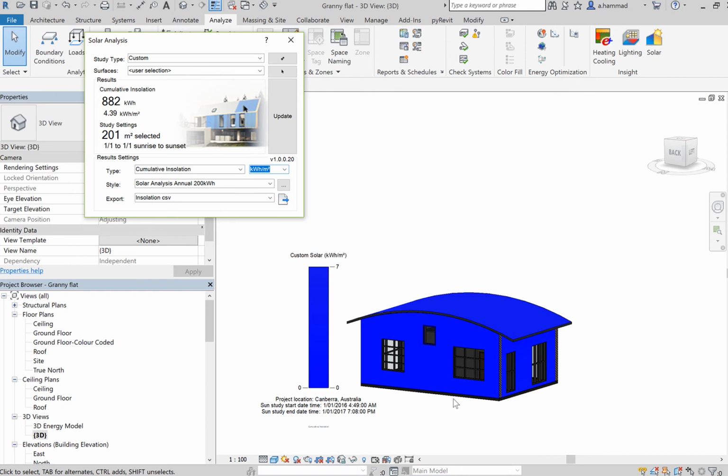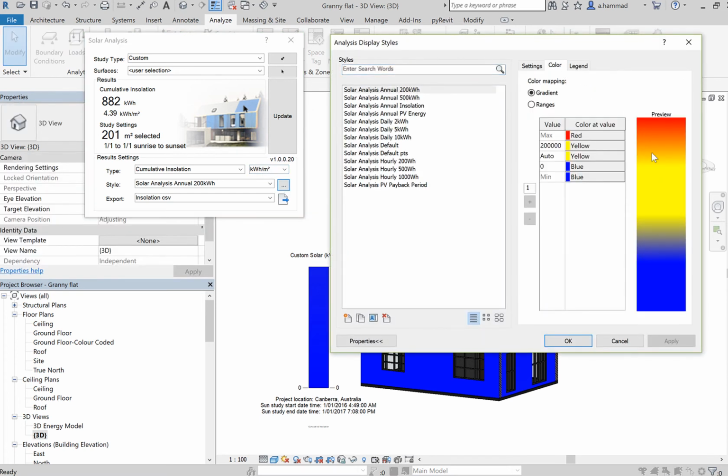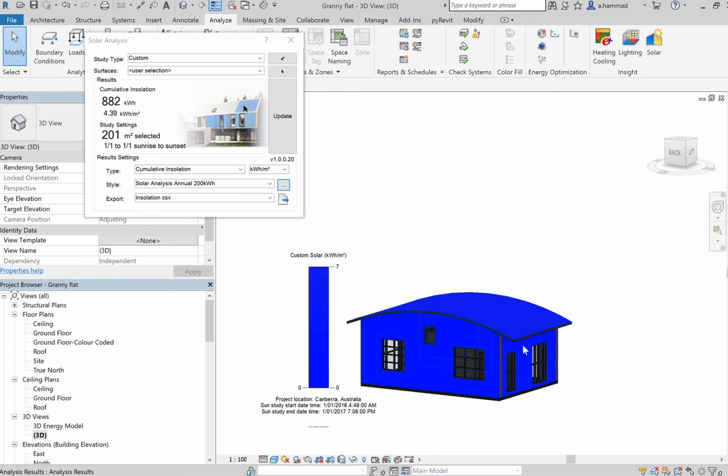Okay, so these are the results that we obtained from the solar analysis. As you can see, everything is in blue color. If you guys remember, the way we set up the scale, the color was set so that the max was red, minimum was blue. Now, the reason that we've got this displayed as blue is because the style that we selected, the solar analysis